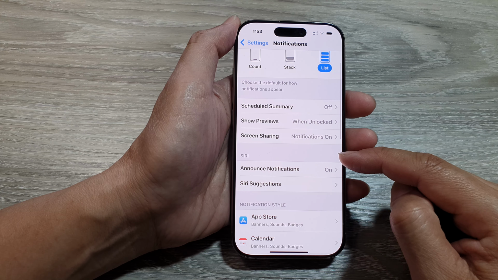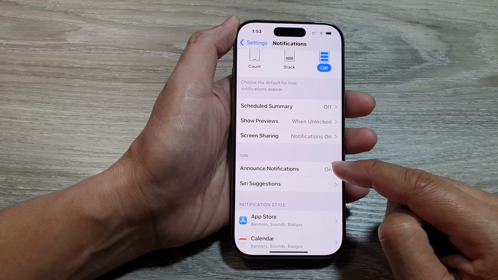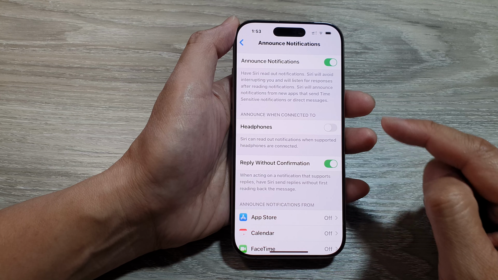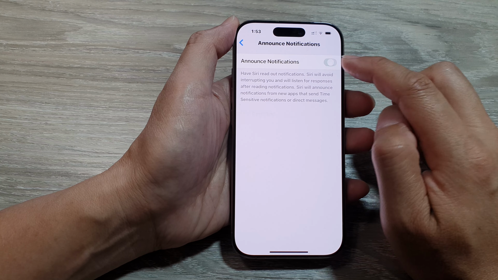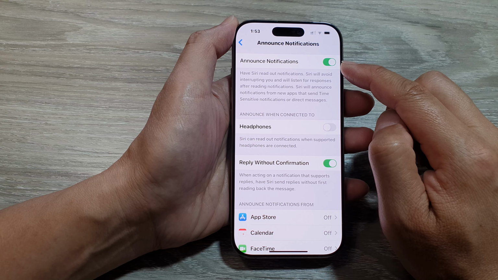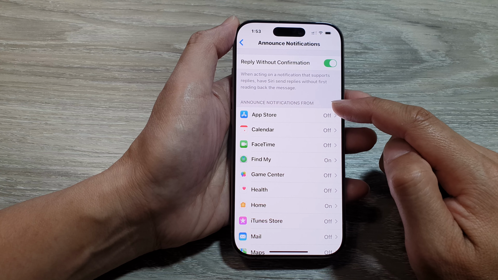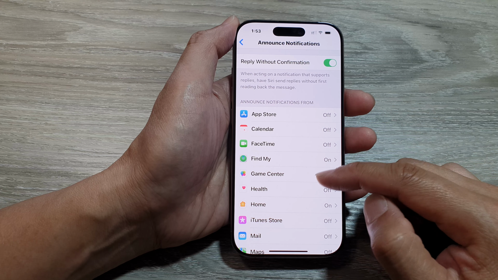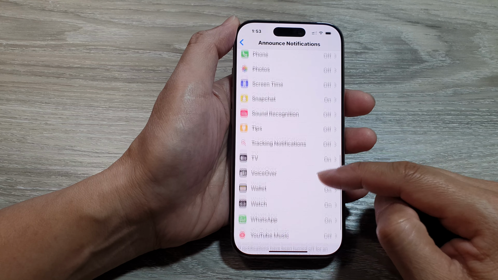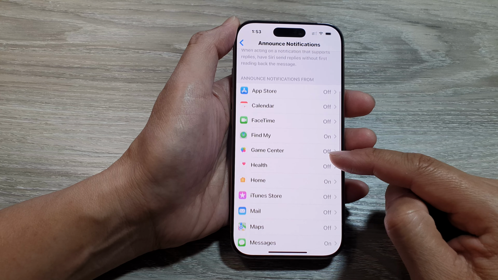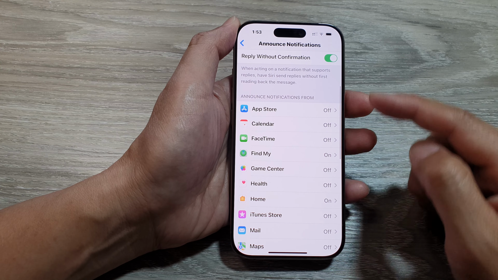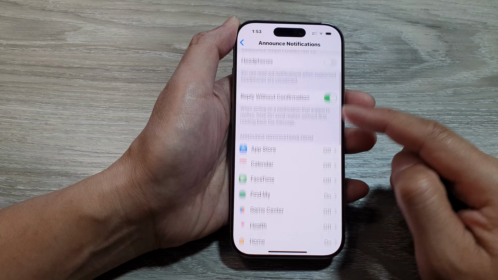Then we go down to the Siri section and choose Announce Notifications. At the top here, make sure you turn on Announce Notifications. After that, we scroll down and go to the Announce Notifications From section. In here, there is a list of apps, so you can choose which apps can use the Siri read out